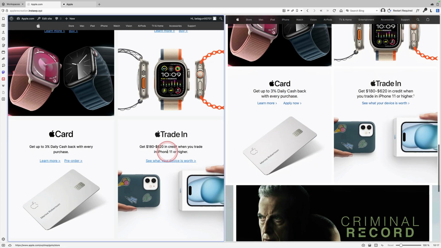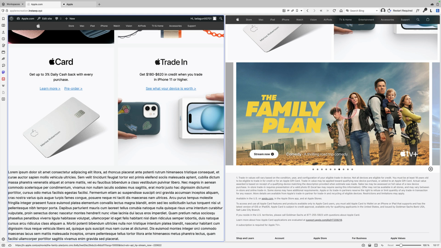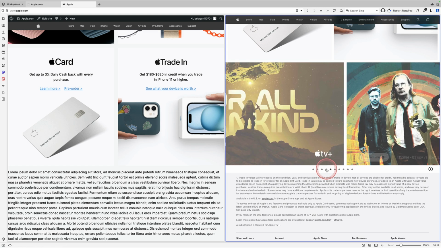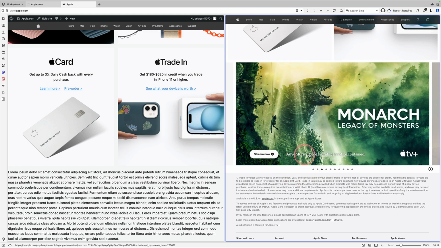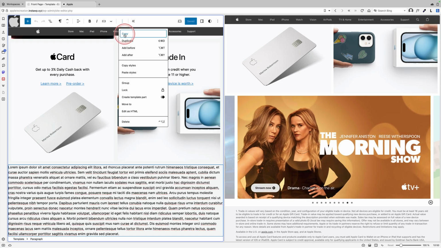Right, time though to move on to this section down here, which is definitely more challenging, and I think we're going to need a plugin. This is a carousel with some blocks moving across it. So my plan is to use a carousel plugin with a cover block that I can add some extra stuff into. I will tell you what the plugin is in a minute, but let's just add it and see if